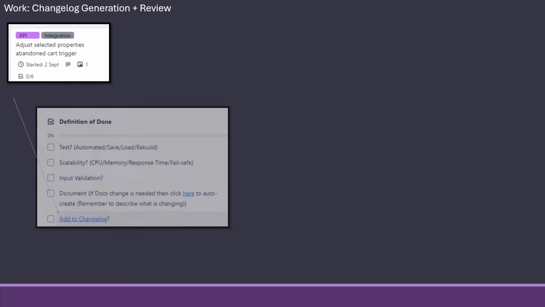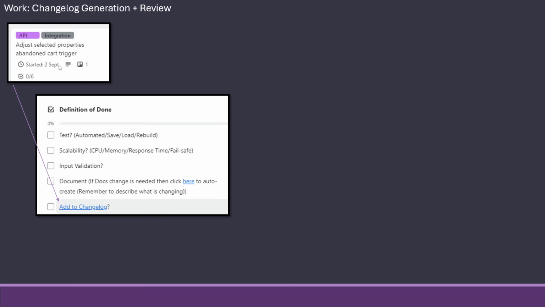Next up, we have changelog generation. So whenever a user makes some changes, in this case some API changes to some abandoned cart triggers for some e-commerce automations, they will put in a definition of done for this work, and among that it will make an add to changelog entry.